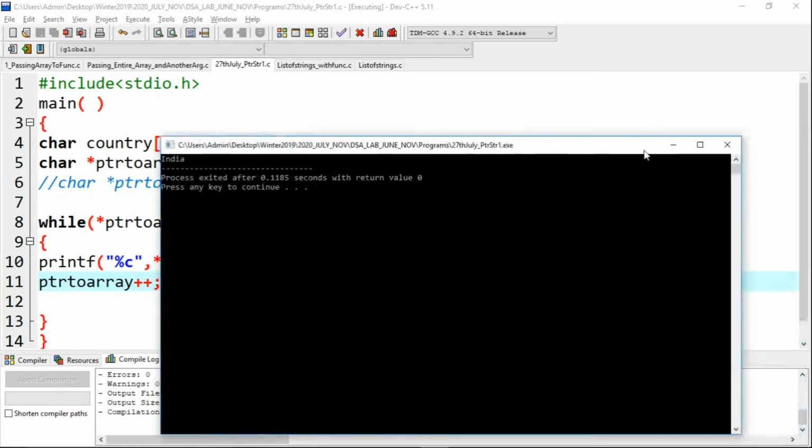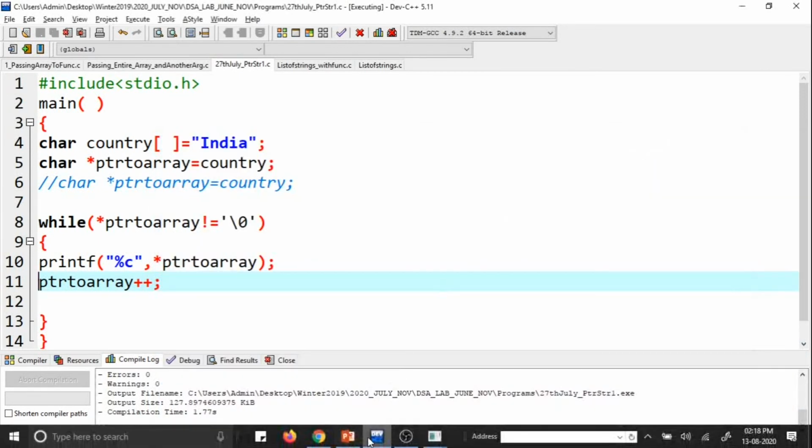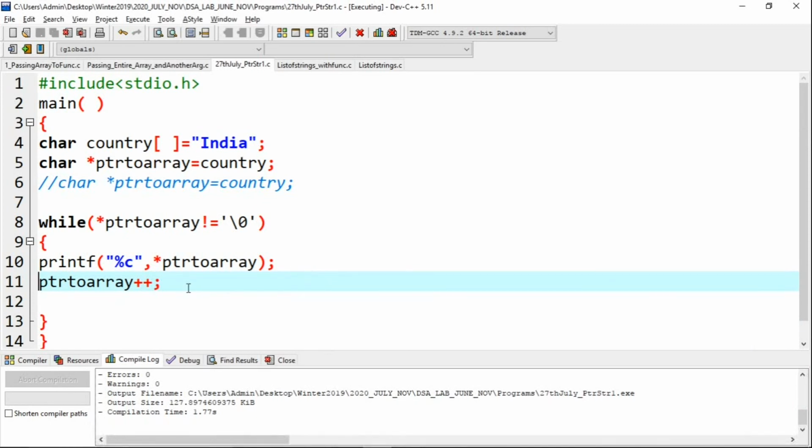So what I suggest now is that you write a program where you pass this character array to a function using memory references, that means using a pointer. You can try it.